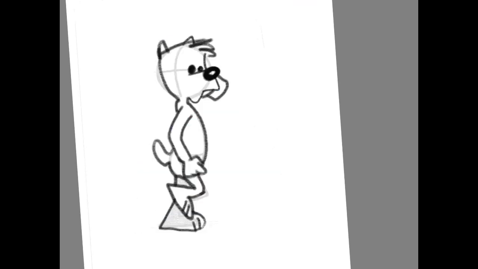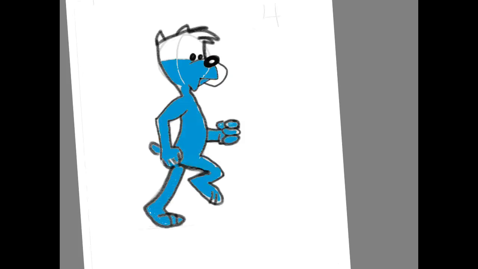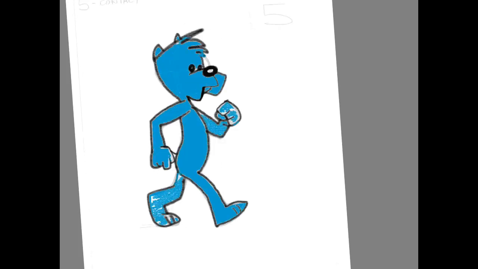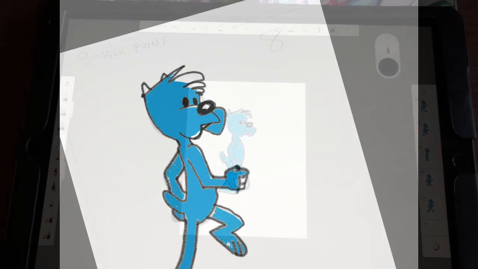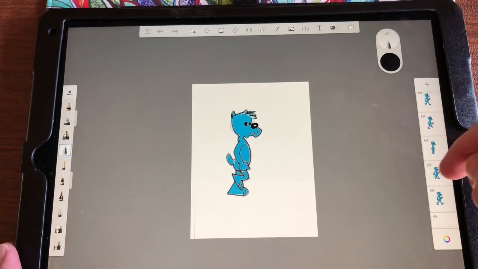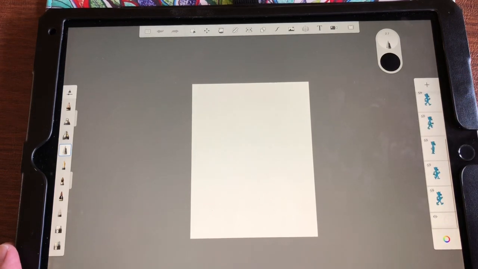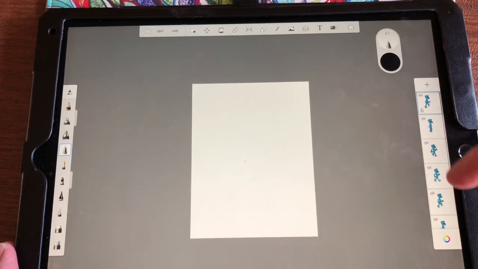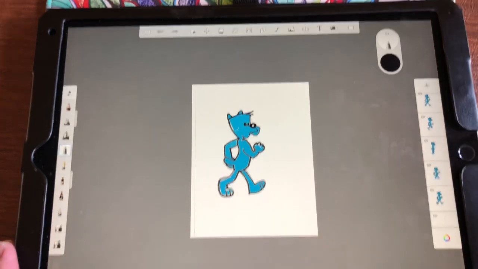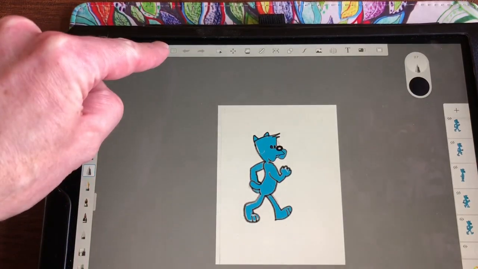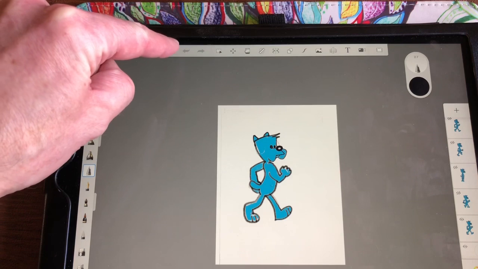You do not have to color in the character, but I just thought I would. Using the paint bucket tool, it actually went pretty fast. Finally, each one of the poses needs to be exported to your photo library. I'm going to hide everything except the first one, contact, and then up here, the gallery button,